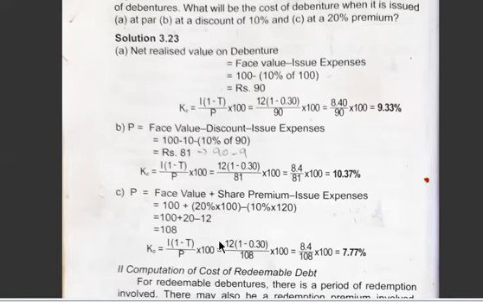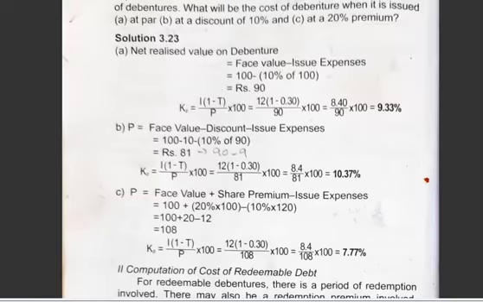7.77%. Okay. So the calculation is on issue price. Face value, you have to check how it is issued. First one is at par, at a discount, and at a premium. Issue price, how the issue expenses are calculated, you have to check. Once they will be on face value, on issue price, like that. So when it is on issue price, after deducting discount on that amount, calculate the percentage. Here on premium, after adding premium, calculate the percentage and deduct it from the total price.